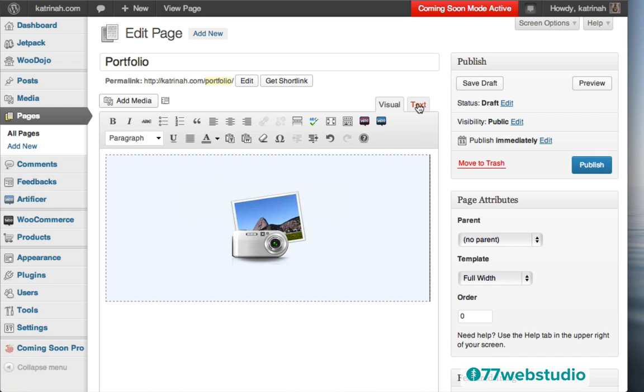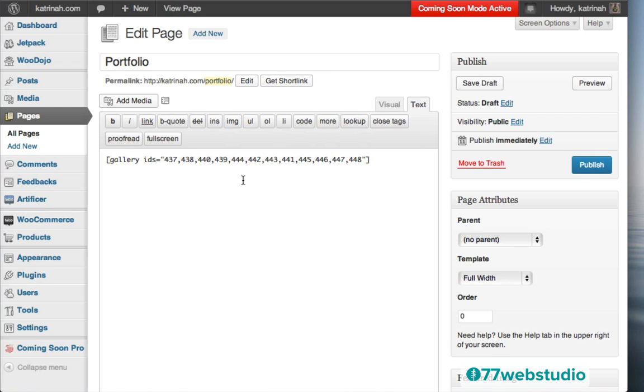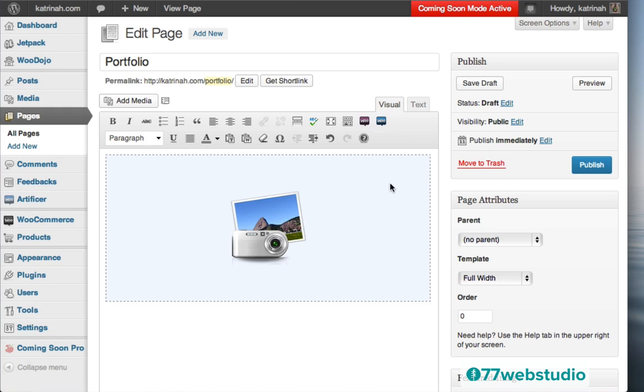Now when you click on the text view, it shows you the behind-the-scenes short code that WordPress is generating to produce the gallery. The good news is that you most likely never really need to come to the text screen here. This is where all of the HTML code or the short code will be displayed. And the good news is with WordPress, you really can get by without knowing any code by staying in the visual tab right here. So here I have my gallery.